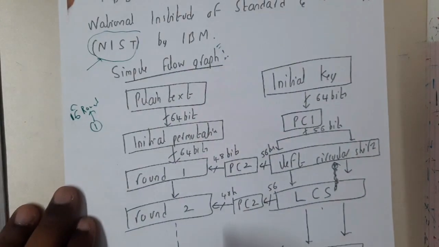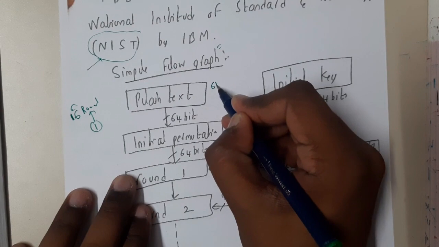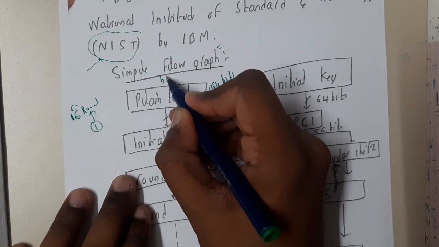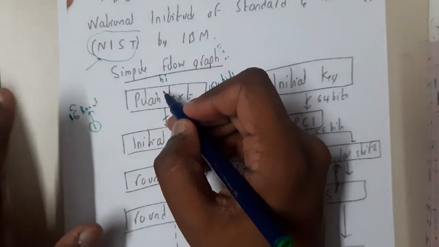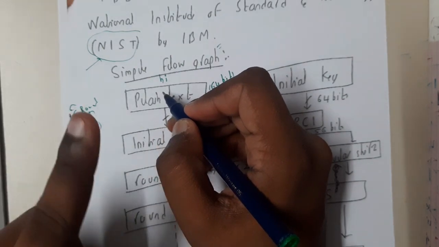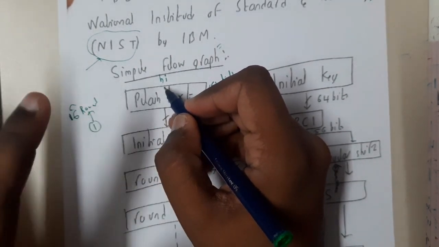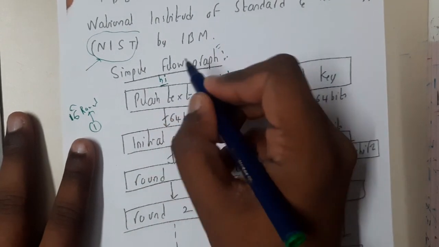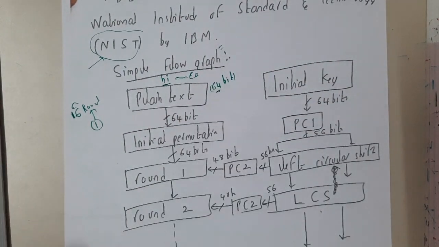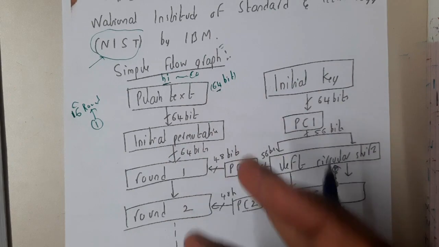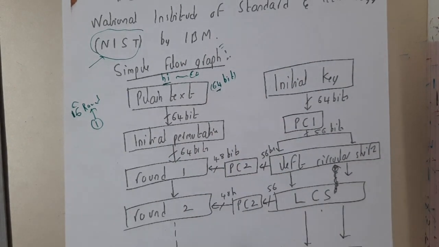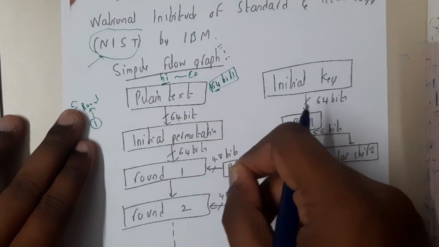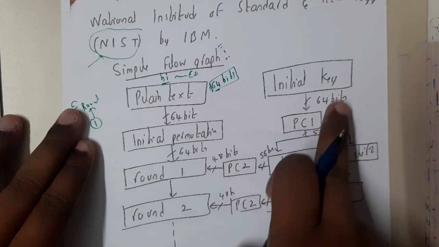Initially we will start with a 64-bit plain text. Assume that you just wrote two letters, and assume that each letter is a bit, just for assumption. If we said 64 bits and you are filling only 2 bits, indirectly 62 bits are empty, right? Can you pass it like that? No. In those 62 bits you will keep zeros or ones, stating that it is empty. So the input of the plain text should be 64 bits. Similarly, the initial key which you are going to lock with will also be exactly 64 bits.